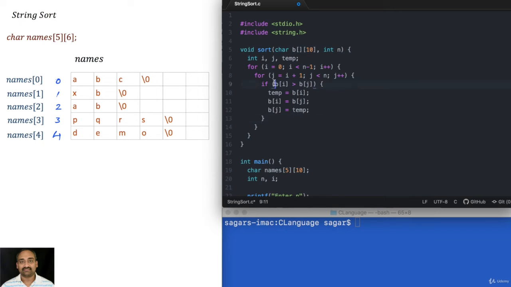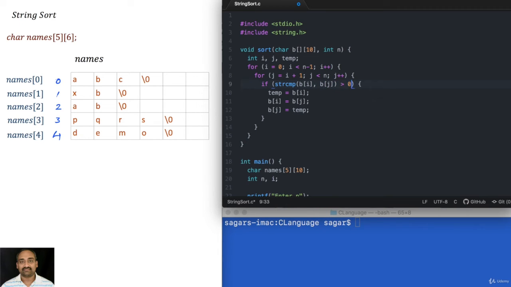Here, we are comparing the ith element with the jth element, and for the comparison logic we need to use the function called strcmp, string compare, a of i, b of j.